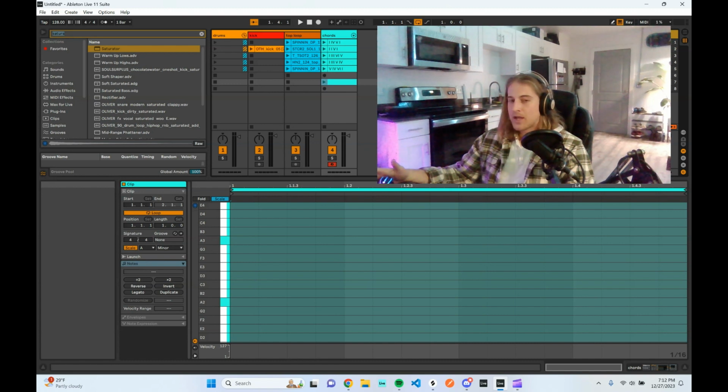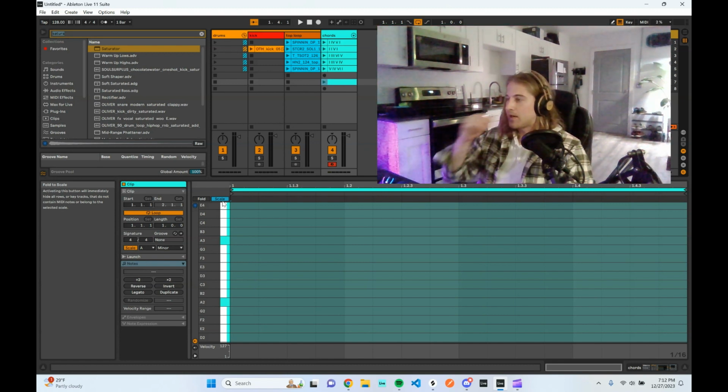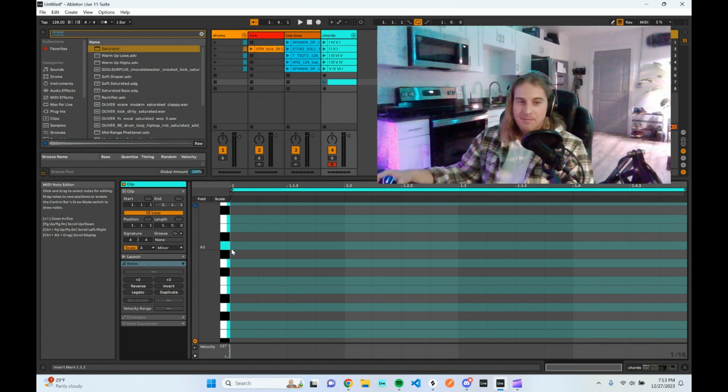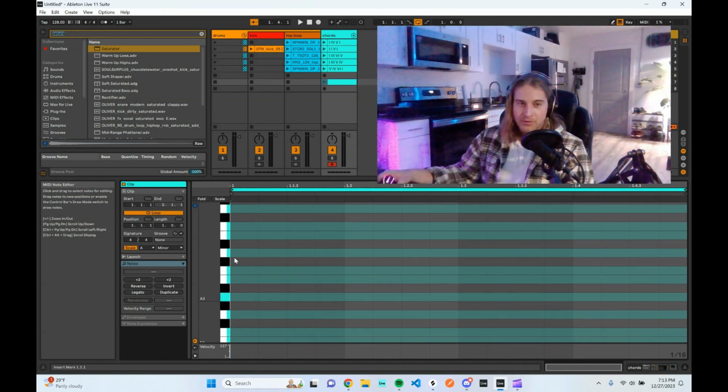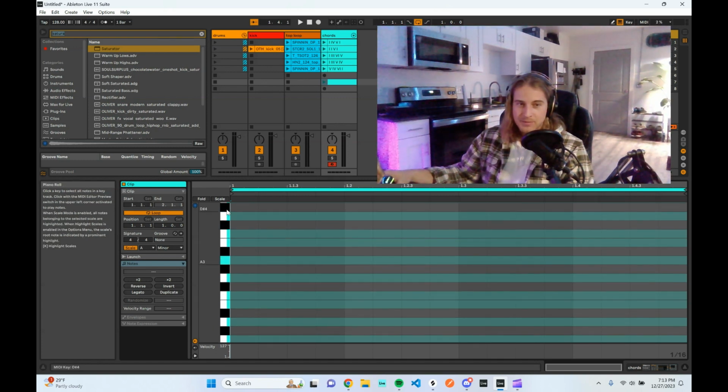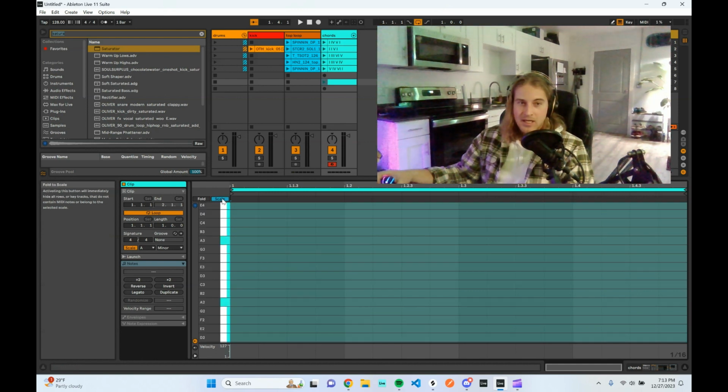A minor is all white keys. There are no black keys on the piano, at least. I don't want to conflate two things. Ableton does a good job of making this a real-life piano roll with these black and white keys. But for all intents and purposes, if you want to write a song in A minor,